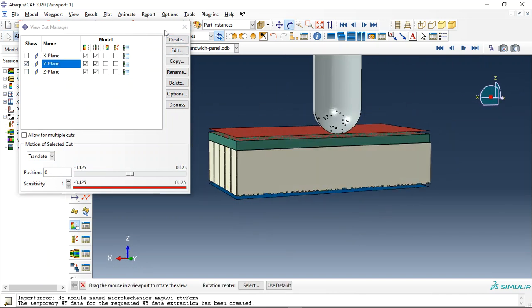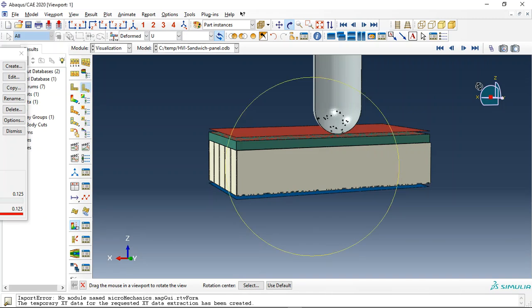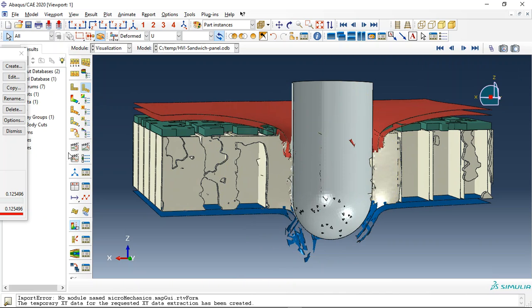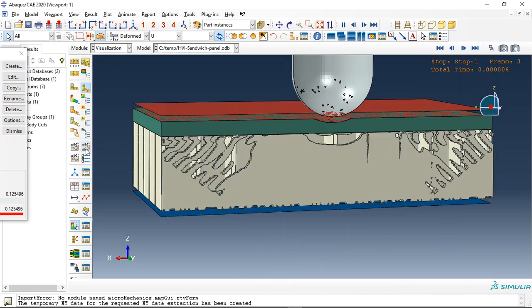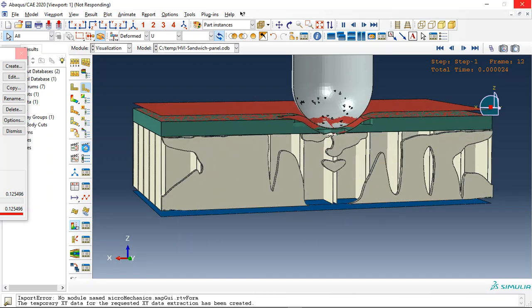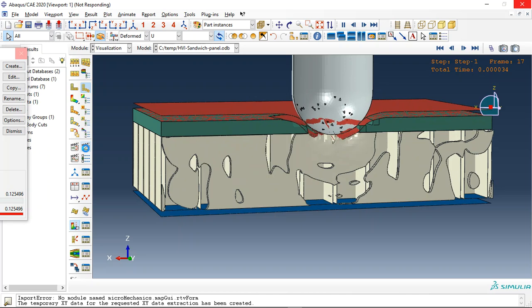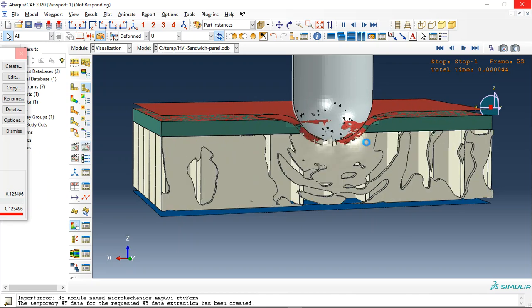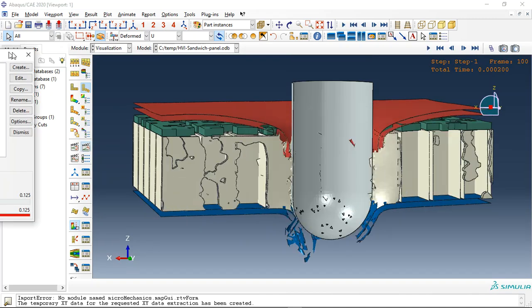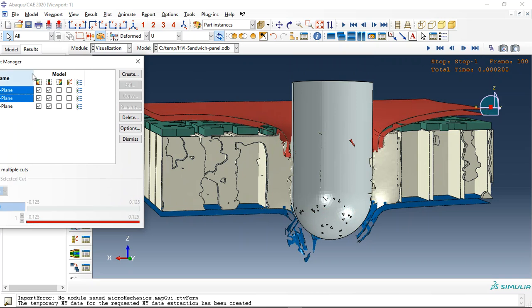you can see here, and if I click on this, then here you can see the deformation which has happened here. See, and let me check the final frame. Here is the final frame, and now let me